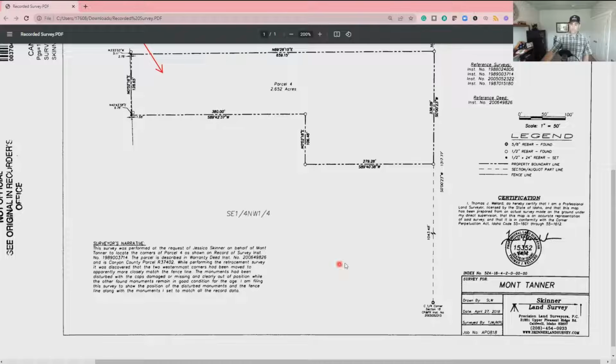So going over to the surveyor's narrative, this explains what the surveyor did and why they recorded this record of survey. Okay, so let's read this here, and then we'll look into what these corners are and how they're referencing back to the legend that you can see in this surveyor's narrative. The surveyor's narrative says this survey was performed at the request of Jessica Skinner on behalf of Montana to locate the corners of parcel 4 as shown on record of survey instrument number